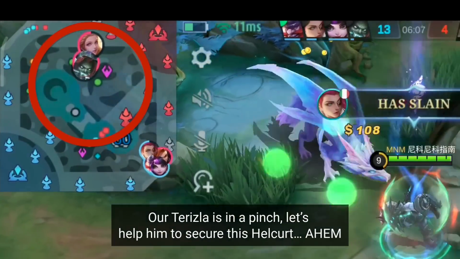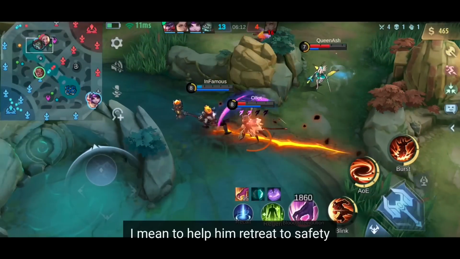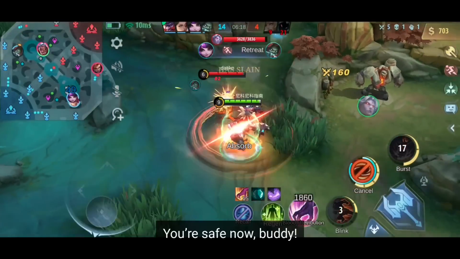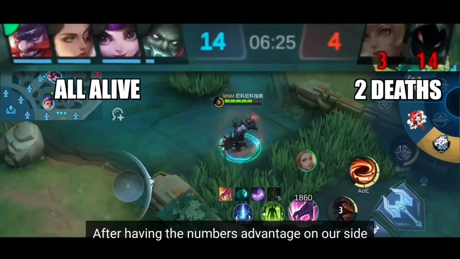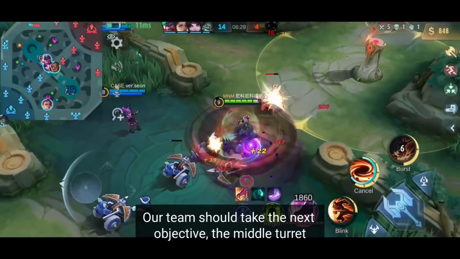Our Terisla's in the pinch. Let's help him to secure this Lin, to help him retreat to safety. See? We successfully take down this black roach. You're safe now, buddy. Don't worry, man. I got you. After having the numbers advantage on our side, our team should take the next objective, the middle